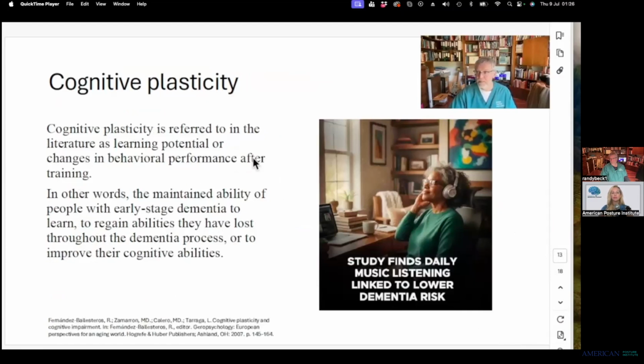Okay, cognitive plasticity refers to, in the literature, learning potential: changes in behavioral performance after training. So in other words, what this implies is that cognitive plasticity, we can change or improve through performance. So that big list that I went through before, if we do those things, generally our cognitive plasticity will improve or it will build. And then we can use that as a form of either treatment or a delay of